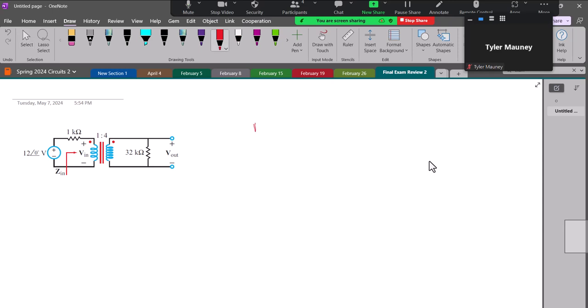What is n? N is 4. And the instructions for this are to determine V out. We see the dots are on the same side, so we don't have to add a minus sign to our equation. We know Zn is going to equal Z load over n squared,